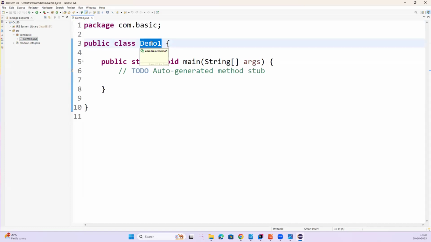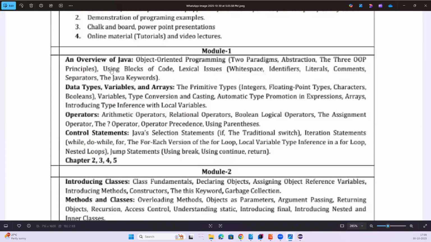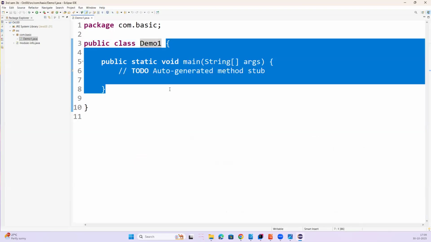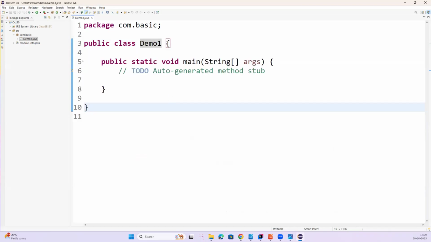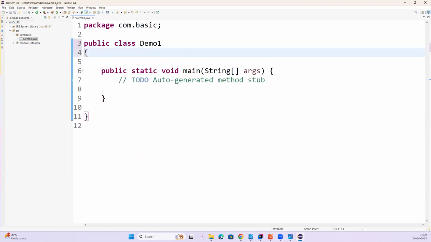which is called Demo1. In C++ and others, we used to have a particular file, and in that file we can have a class or we may not have a class. That would not be any issue. But in Java, when you're starting with any kind of program, the program should be specified under a particular code snippet, which is a class. Now, here they have given something like blocks of code. A block of code is nothing but anything that is written within the curly braces. If you notice here, in this particular curly brace under the class called Demo,